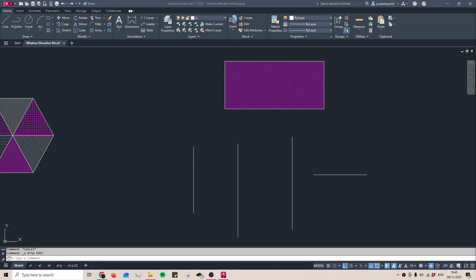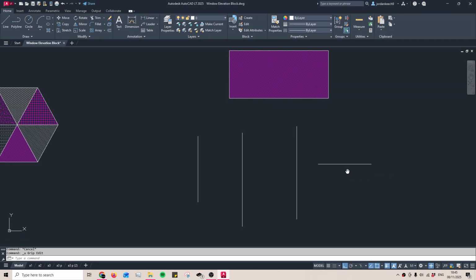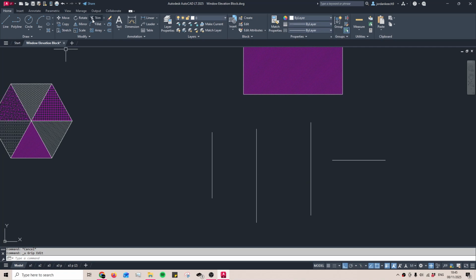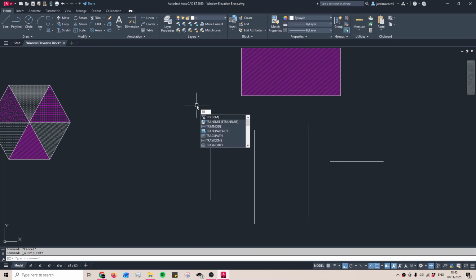In this video, I'll show you how to trim and extend lines in AutoCAD. To begin with, I'll show you how to use the trim tool, and you can access the trim tool via the trim button at the top of your screen or by typing in T and R and then spacebar or enter to confirm. Once you have the trim tool out, you can delete full lines if there's no intersection between